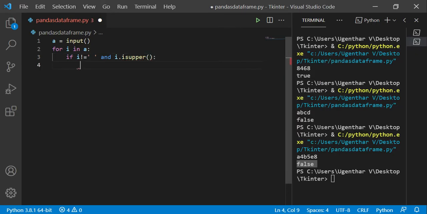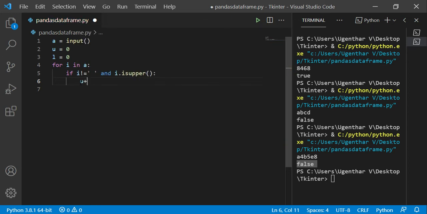For counting uppercase, I used a variable u, and for counting lowercase, I am using the variable l. If the character is not equal to space and it is upper, then we should increment the uppercase variable.